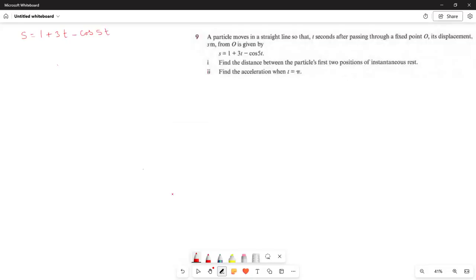You put the value of t in here and you find the displacement at that particular time. The first part of this question is to find the distance between the particle's first two positions